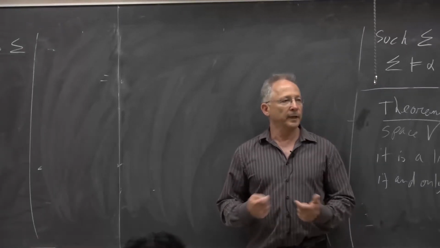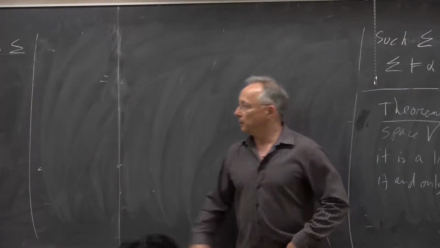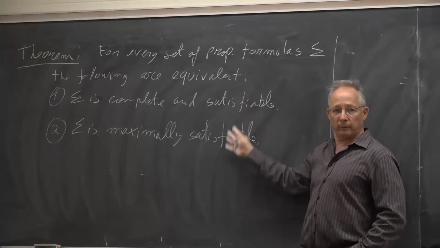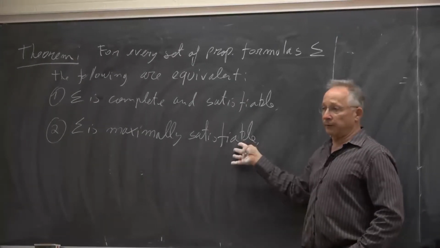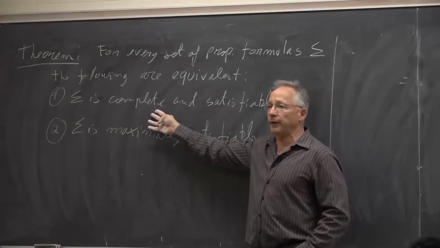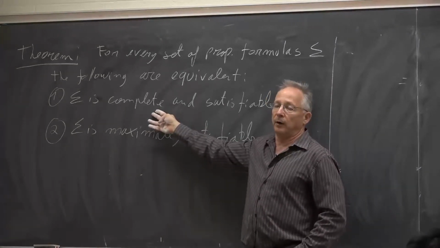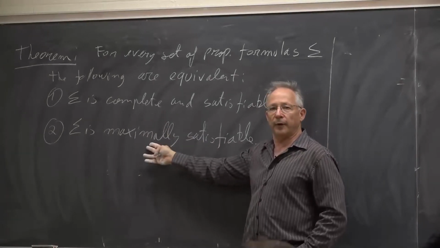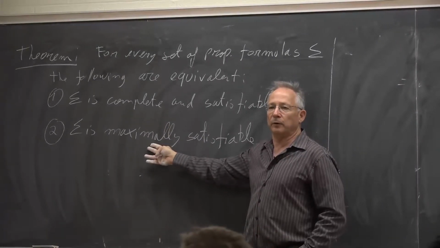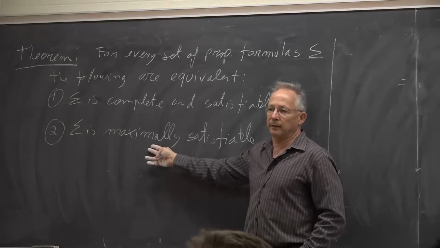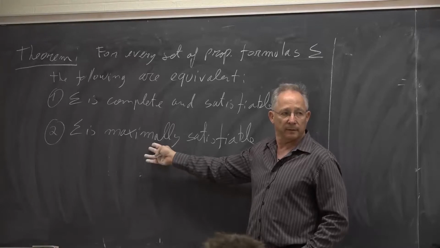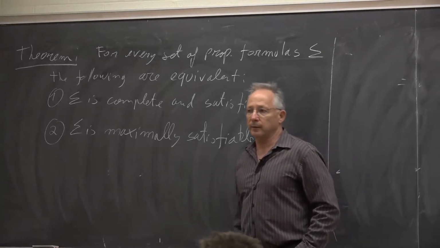So you see that these are two different notions. One of them says complete, both of them say satisfiable. So in that respect, they're not different. In what sense are they different? This one is saying for every alpha, either I logically imply alpha or I logically imply not alpha. And this one says for every alpha, if I don't logically imply it, you cannot add it without blowing up the satisfiability. Okay? So let us show that